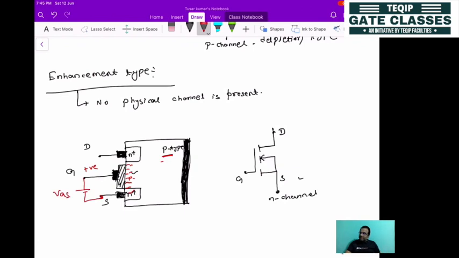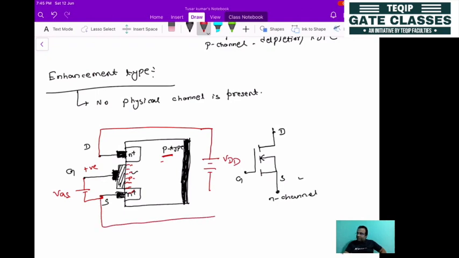VGS. Here this is N type material, this is N plus type material. As in the case of the depletion type MOSFET, you have to apply a positive voltage here, plus minus plus minus. This is nothing but VDD, with respect to the source, and the P type substrate will be connected to the negative terminal. Now if you go on increasing this gate to source voltage, the electrons will be accumulated here, and they will form one virtual